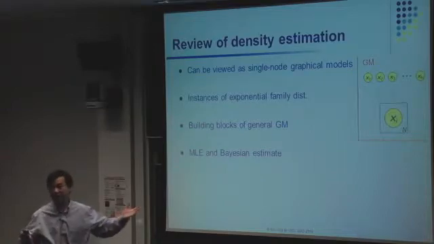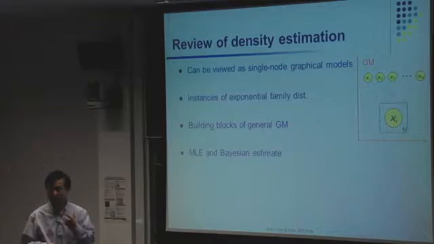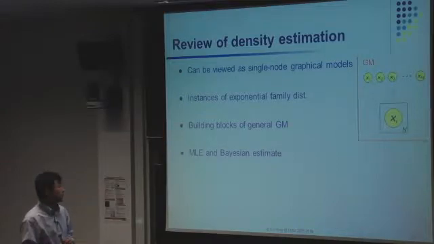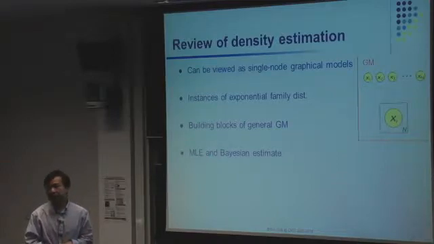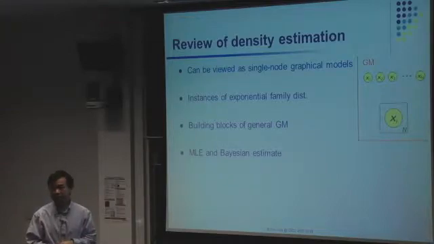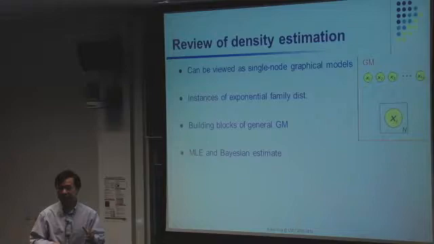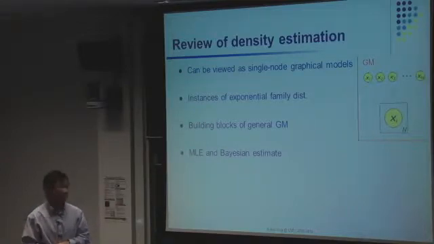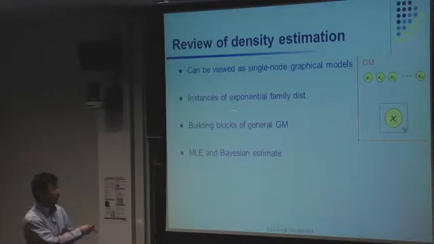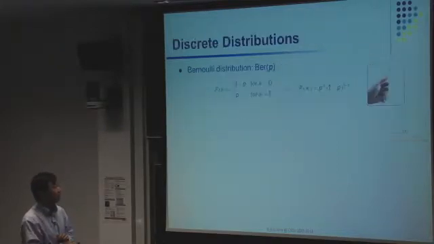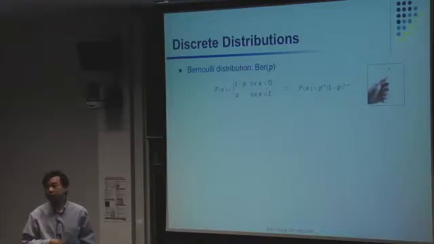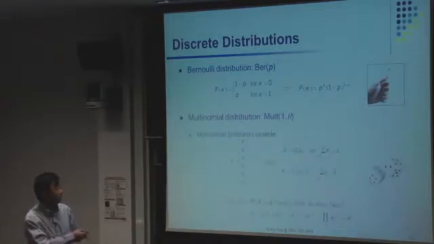So in a sense, we are done with this already, but I want to go through a few examples so that you can remember the typical practice. In particular, there are different Bayesian priors defined for different choices of the density, so that one can get smooth estimation or Bayesian estimation with informed prior knowledge. And remember, this is one of the building blocks of a general graphical model. So we are going to discuss a few instances for discrete distributions,